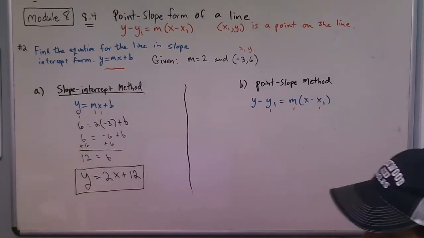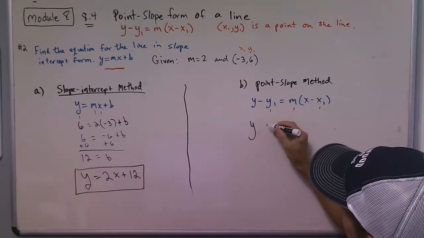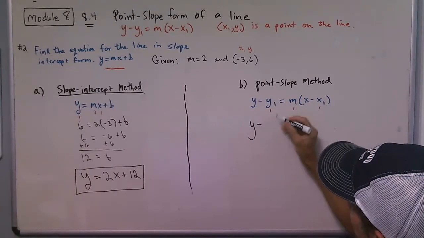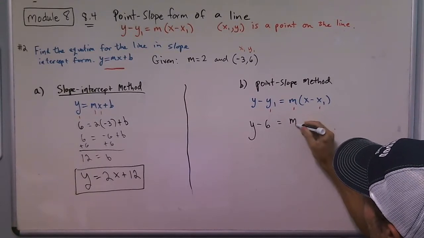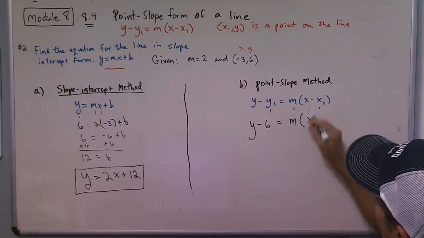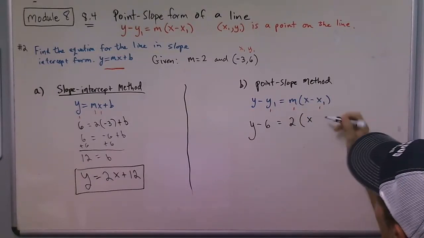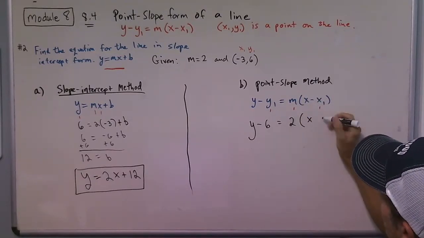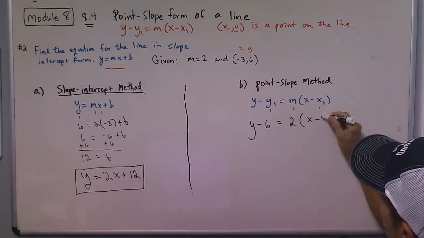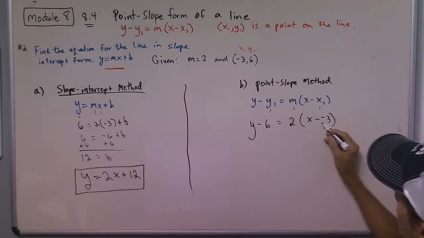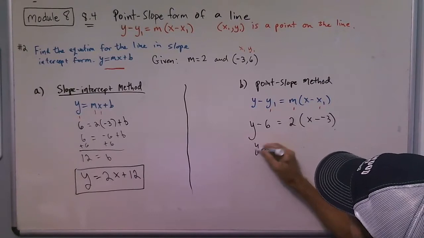Okay, so let's look at how this one works. So I don't put anything in for y. For the y1, I have to put in 6. Okay, we have to be a little careful with our signs on this one. Oh, I want to put in my 2 value for m, so I'll put in 2 here. And then when I substitute in here, we have to be careful with the sign. That negative's part of the formula, and then I substitute the -3, and I get this double negative right here. Okay, so cleaning that up a little bit, I get